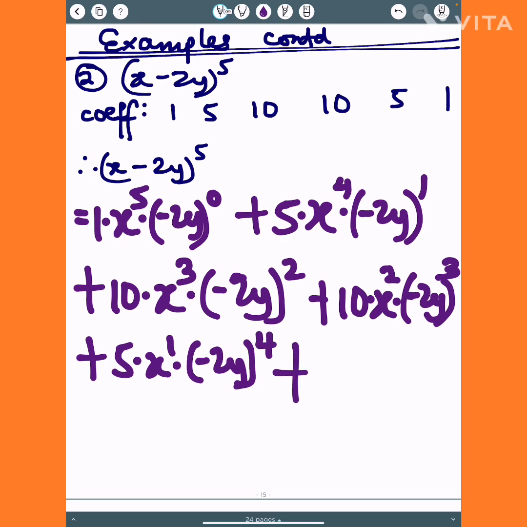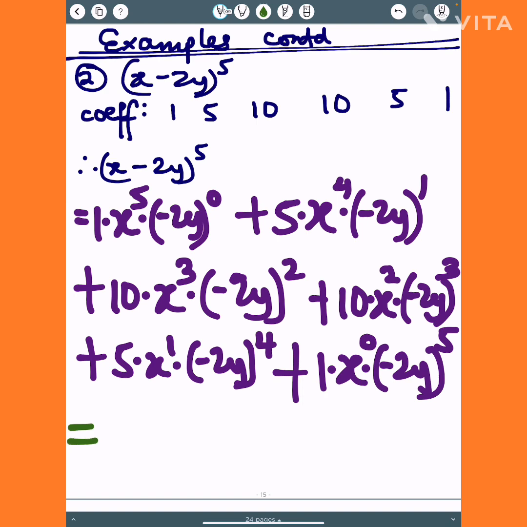Then in my sixth term, which is the last term, I'll take the coefficient of the last term. Write 1, take x raised to power 0 now, times minus 2y raised to power 5. So that's the first step in my